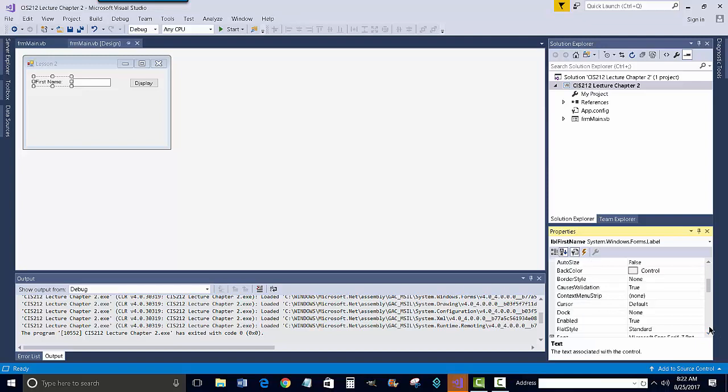You have text alignment. Let's go down here, see if we can find that text align. There it is. Drop down, it'll allow you to align text. I think the default's upper left, which I don't like. So or top left. I want to change it to middle left. That way it lines up better with the text box, which is centered. Okay. There's also